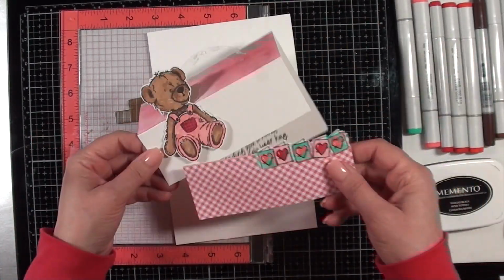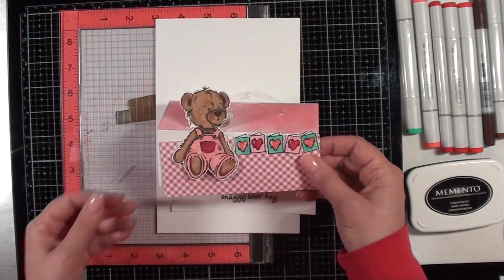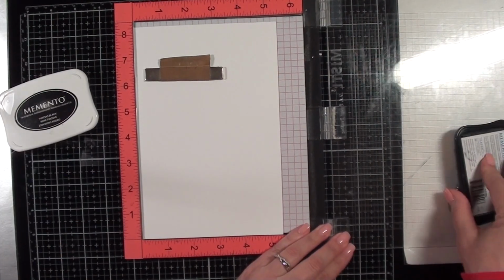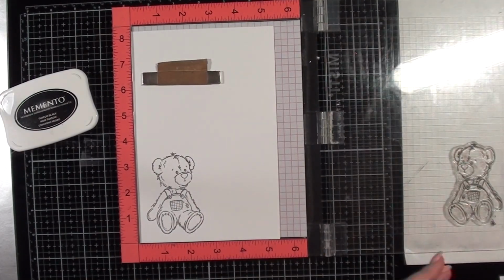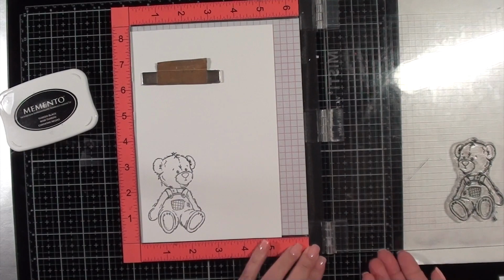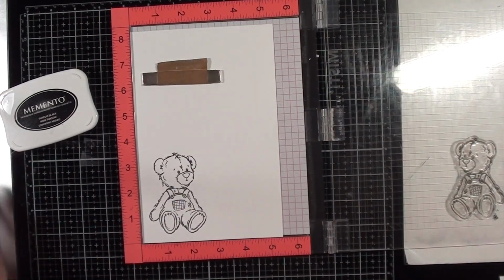I was going to put those little cards on that little acetate strip, but I ended up changing my mind and coming up with a new plan. So I'm beginning by stamping the bear out of the set onto some Neenah Solar White cardstock, 80 pound, with Memento black ink. This is safe for Copic markers, which is what I will be using to color the bear